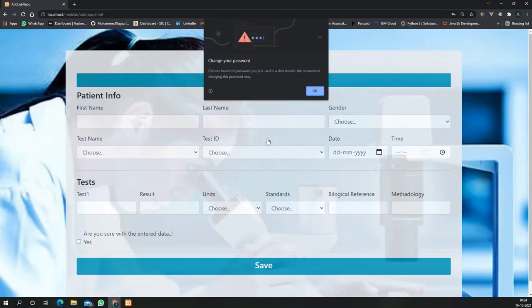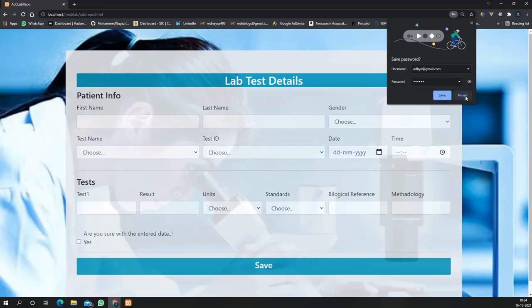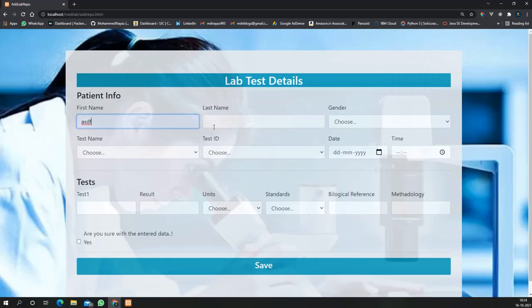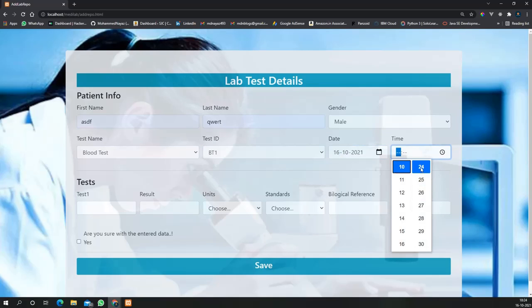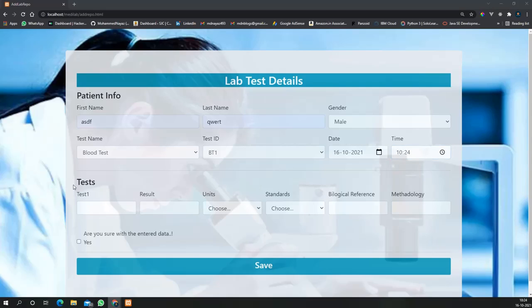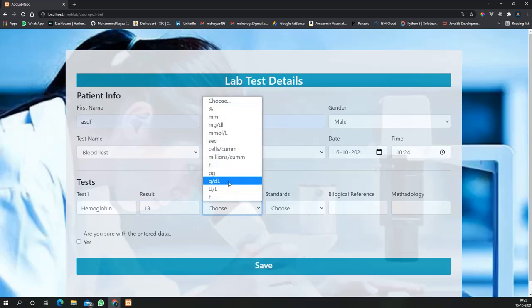When I click on login, here are the test details. Here I need to confirm it, the test name is blood test BT1, the date is today, and the current time. For test one, for example, let me give hemoglobin, the result is 13, and the units are g/dL.